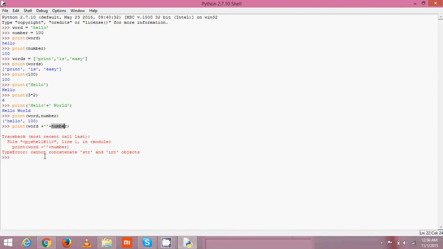So we need to explicitly change the number to string data type using the command str. Print word plus str number. It works perfectly fine.